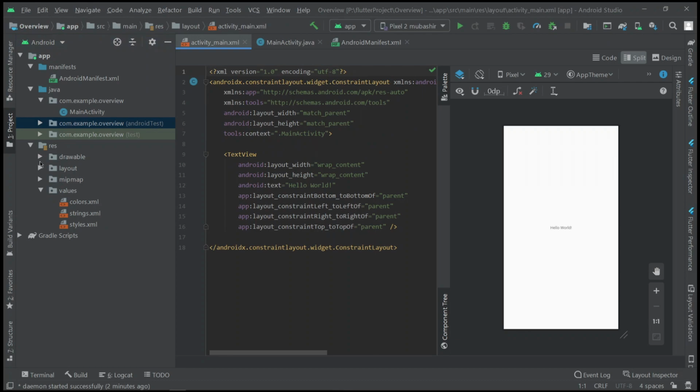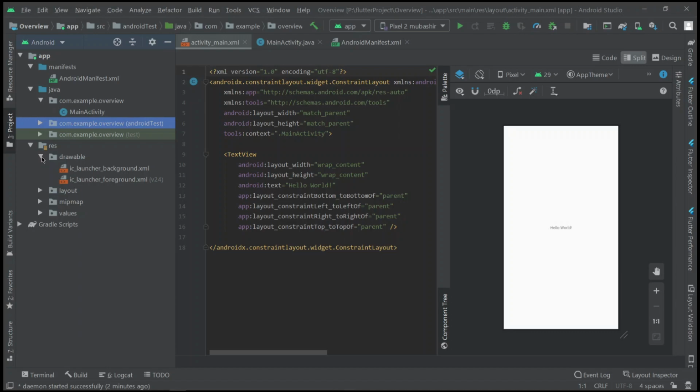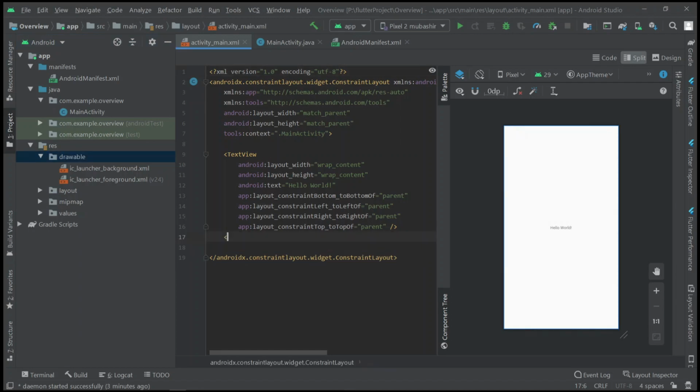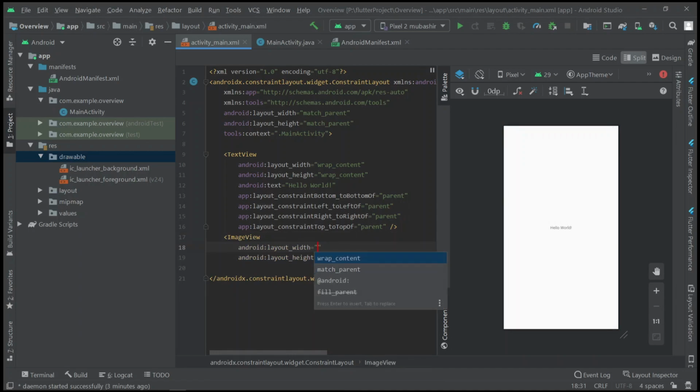Okay, so now you can see in this res folder we have this drawable folder, right? So here you can paste all the images which you want to use in your app. So to paste any image, what you can do is you can just save your image and copy, and here you can paste it directly, Control C and Control V. Okay, and from here you can directly access it. For example, if I'm going to give an image here, I will do this wrap content and this wrap content.